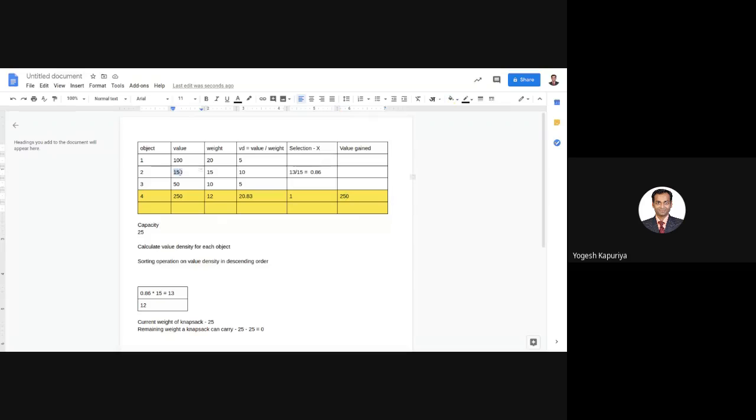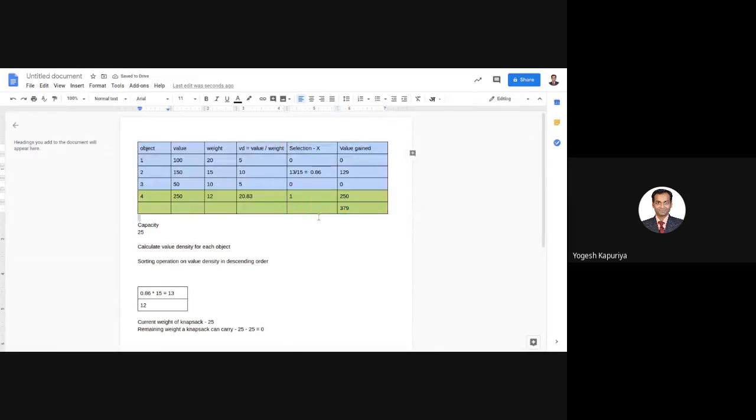Then you have 150 multiplied by 0.86, so that is 129. This is obviously initially 0. 0 indicates that the object is not selected. So this is also not selected. So value gained from this object is 0. Value gained from this object is 0. So the total value which you are gaining is 379, right?